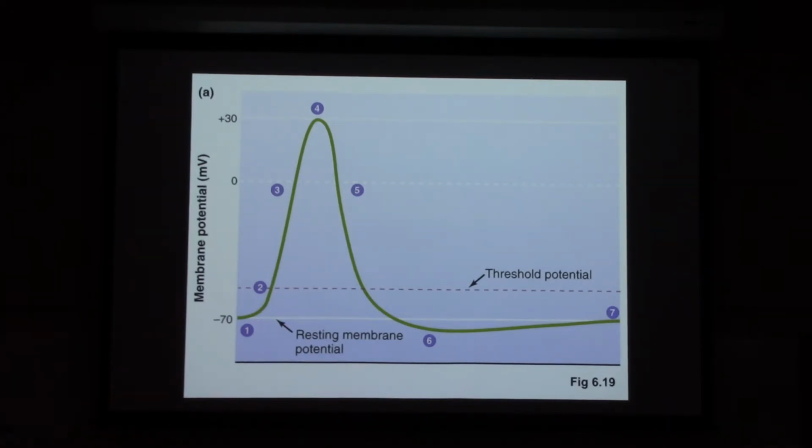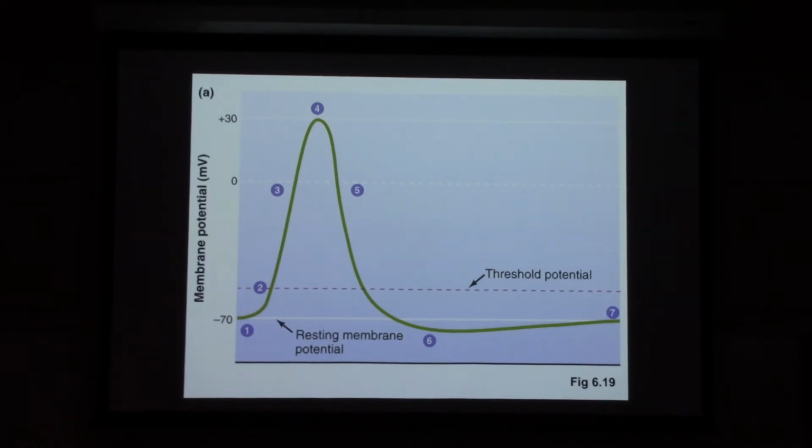Is there like a limit before the cell actually starts opening the potassium channels? Like how far would it depolarize before the cell started opening the potassium channels? Right. How far are we going to let this depolarization phase go? Yeah, that's all controlled by the actual sodium channels, and we're going to see that in a moment. So in a way, the question is why does it stop there? Why doesn't it keep going? And we're going to see that that's a part of the voltage-gated sodium channels, sort of built into that.